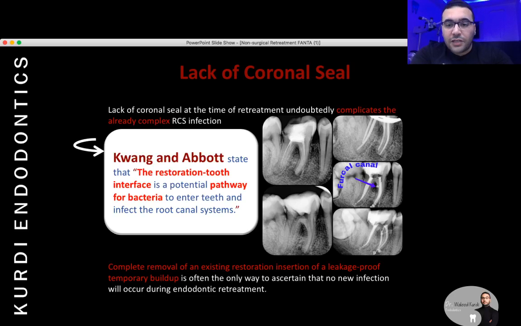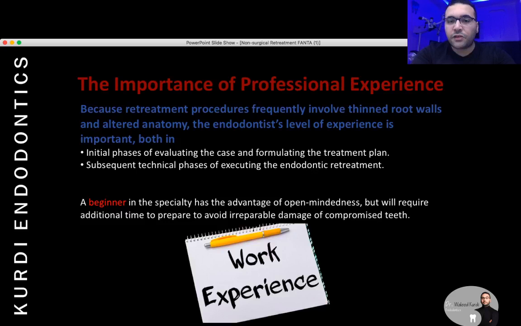And lack of coronal seal, as I said before, if you have a lack of coronal seal, you will have less prognosis of the case. And indeed, the importance of the professional experience. You should have this kind of professionalism or experience in dealing with such cases, because in such